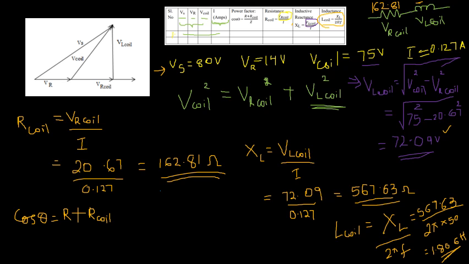This is given from the tabular column. Let me also explain how to take it from this vector diagram. Say this is the value of theta. If I convert this particular vector diagram representation into an impedance triangle, this is just R, this is the coil resistance, R coil, and this one is the impedance, say Z.